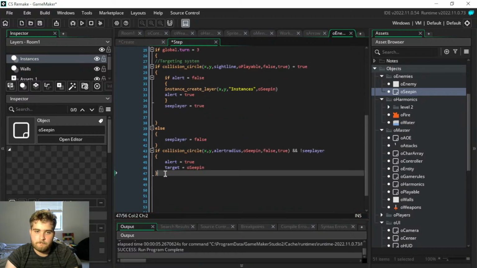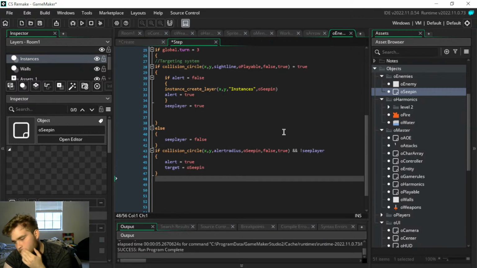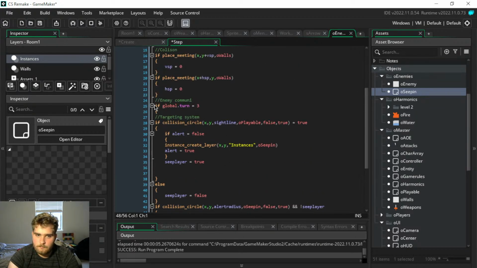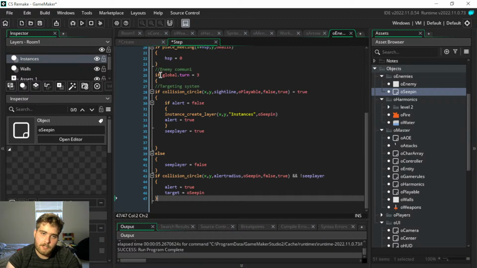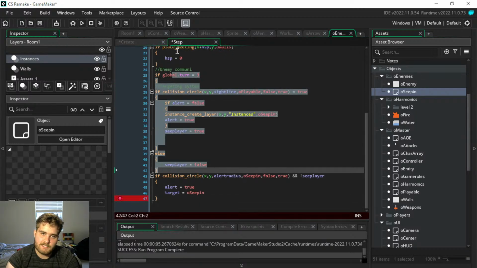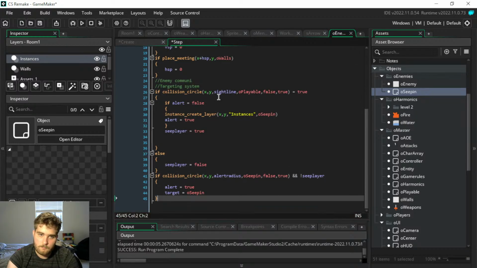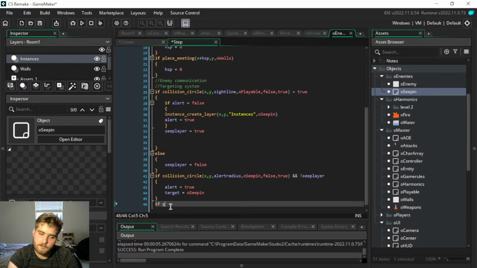So we have a targeting system right here. Actually, let's go ahead and maybe we should move this below that, because yeah, it would be weird if they at least didn't notice characters when it wasn't their turn. If global.turn equals 3,